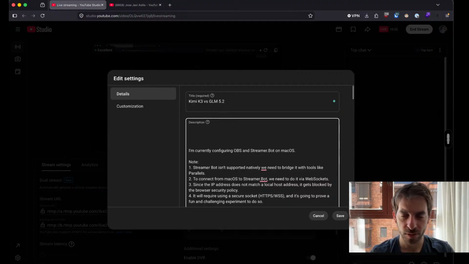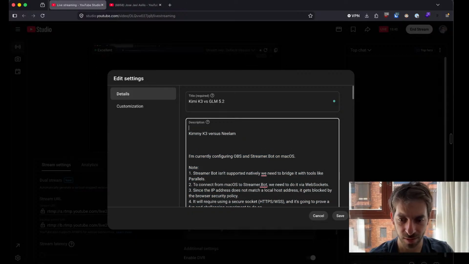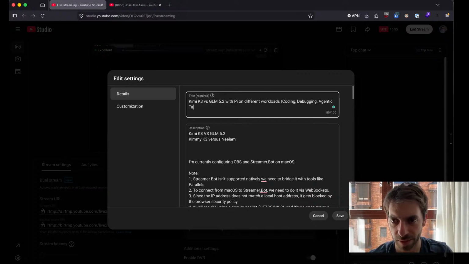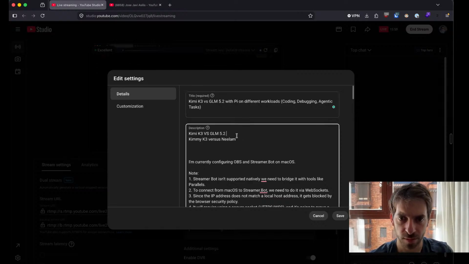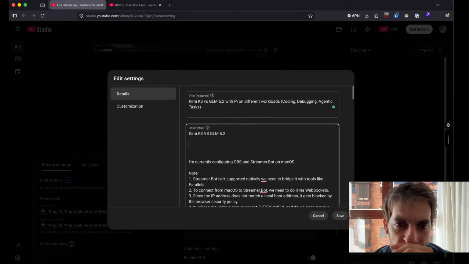Kimi K3 versus GLM 5.2 with Pi on different workloads. Coding, debugging, agentic tasks. We're going to compare Kimi K3